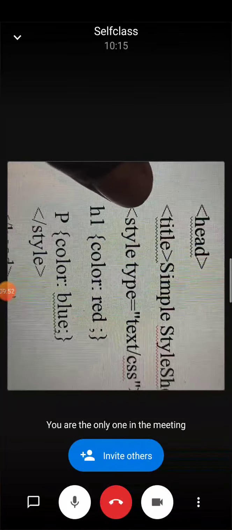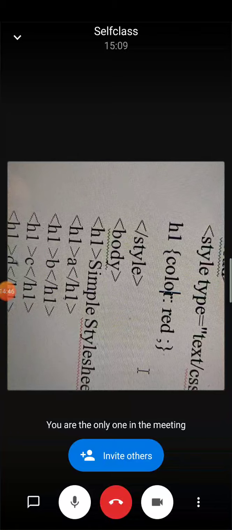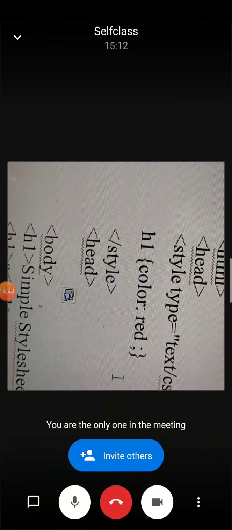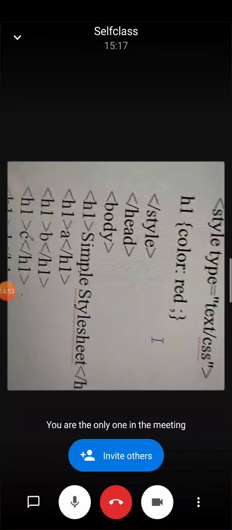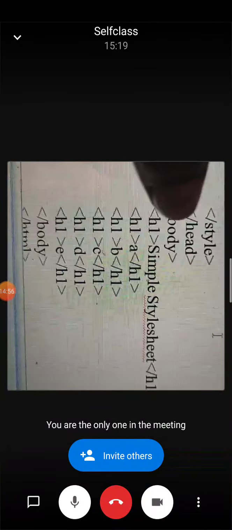Then after that we are closing the body. Then this is the concept. That means we are closing the HTML. Then after that, this is the beginning now, so I am taking the beginning tag, that means HTML. Then after that we will write the style tag. It must and should be written within the header section. Then there is also a closing tag for the style tag. That means we write slash head here. So this is a simple program. That means by using a cascading style sheet, we don't need to mention color red every